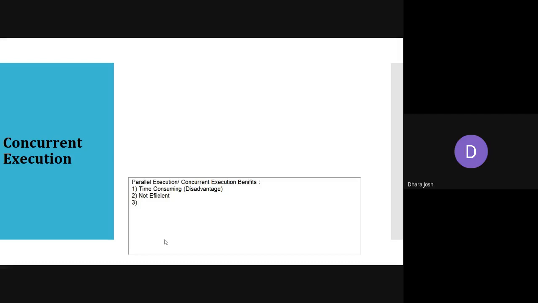So if we consider the scenario of a restaurant, then the table is not utilized if only one family goes inside. So we can say it is resource utilization. And all other families are affected. Yes, perfect, Milan, in terms of waiting time. Okay. So that is concurrent execution.